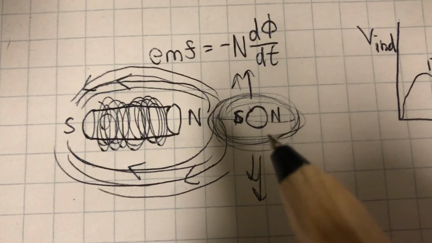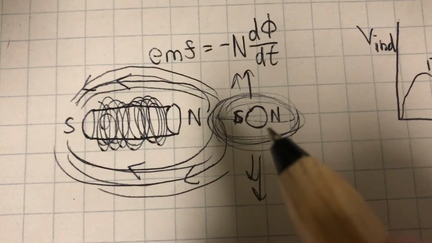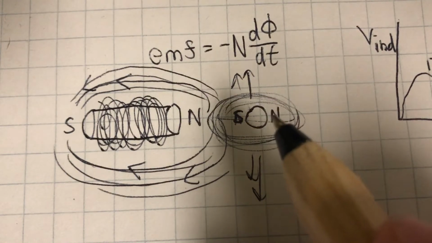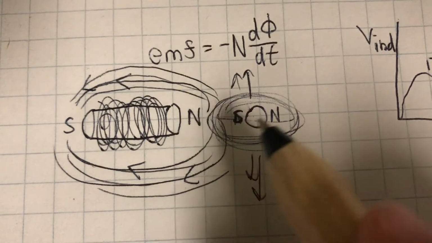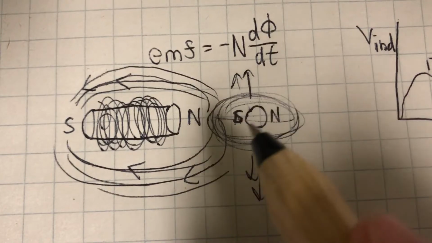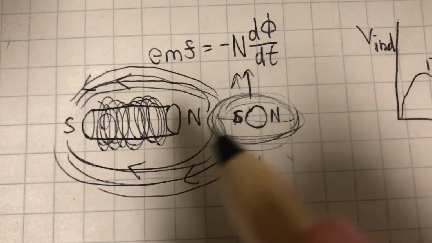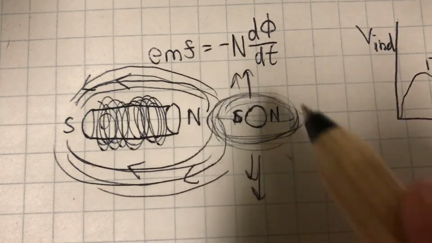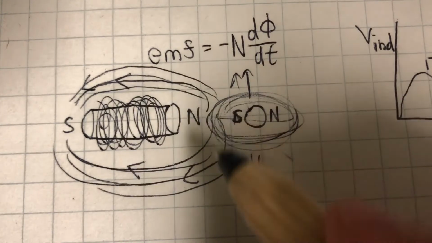Well, now we know why, because only materials which we call ferromagnetic material can have these induced poles over here by the magnet. So if you use acoustic strings, this whole process will not occur, right? You won't have this pole, you won't have this magnetic field, and you won't have this flux change when you